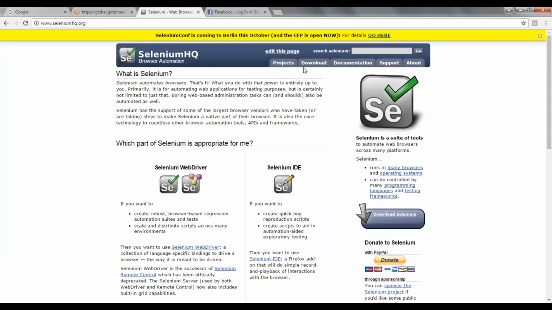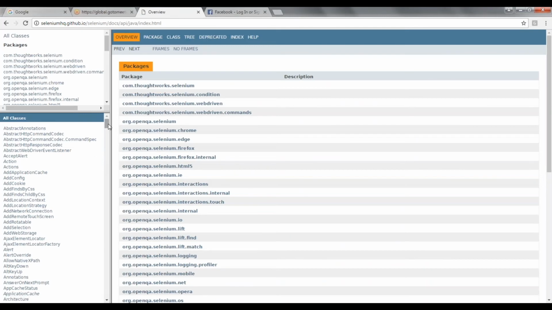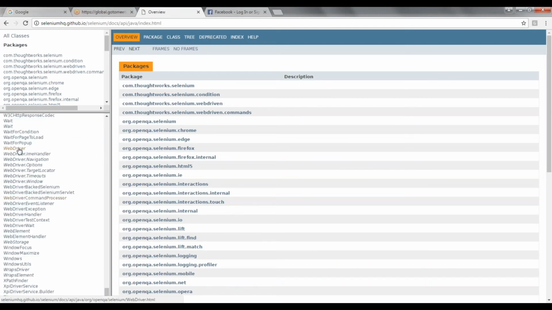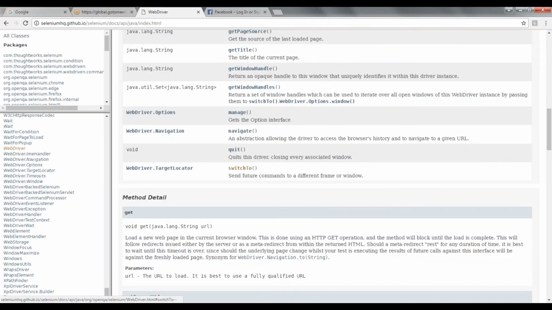Let me go here, Javadoc, and then if I go to WebDriver, inside that I have a method switchTo. Send future commands to a different frame or window.